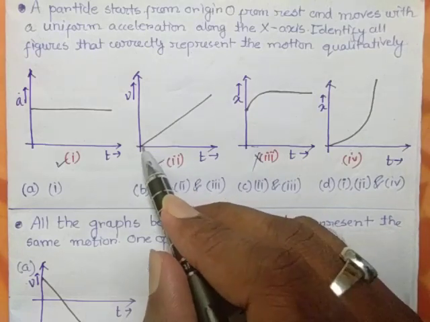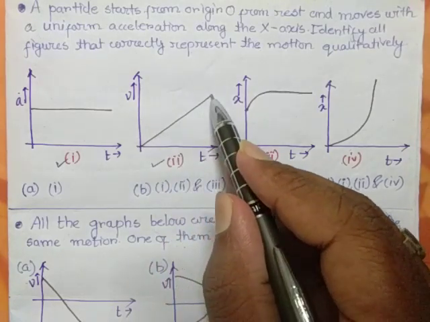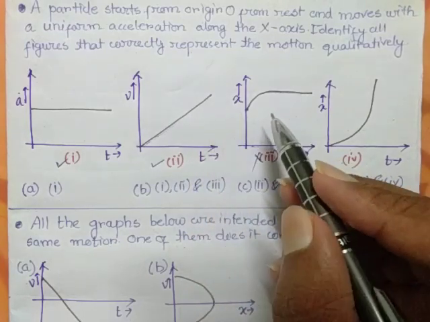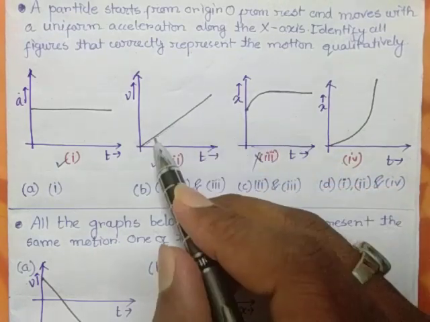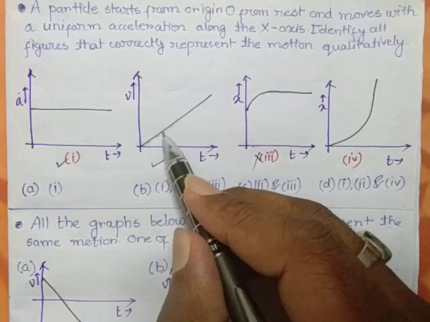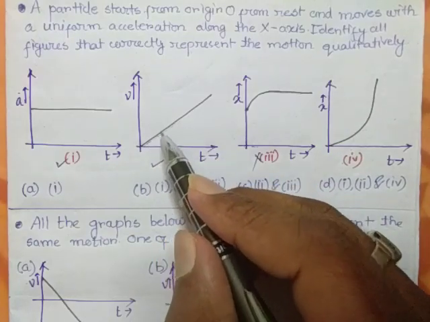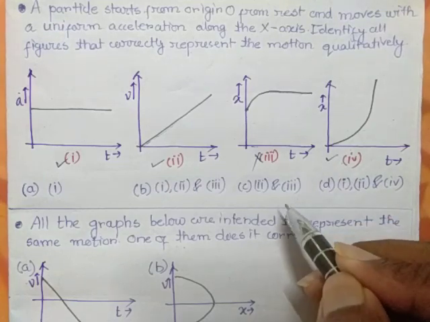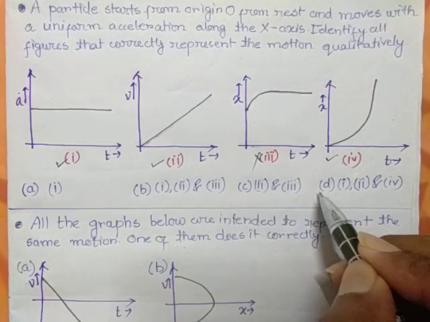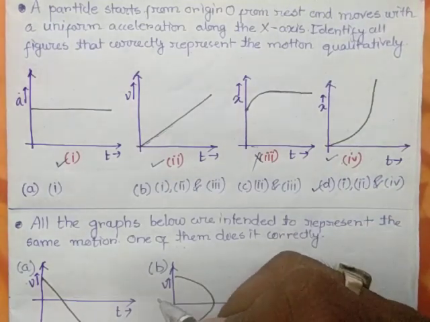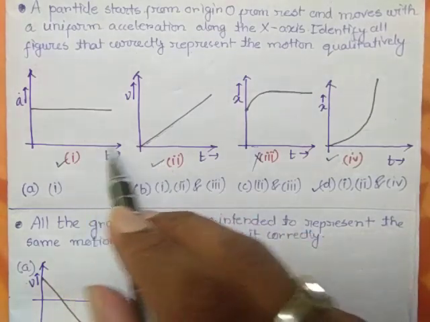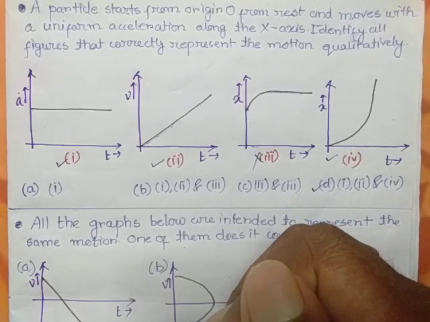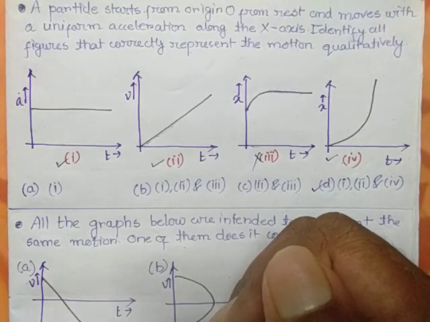And here the velocity versus time curve basically shows that the velocity is increasing continuously. If the velocity is increasing continuously, this basically shows that the slope of the x versus time curve is increasing, so it is right. So 1, 2 and 4, so option D is the right option here. These three basically represent the motion of a particle along the x-axis with uniform acceleration.